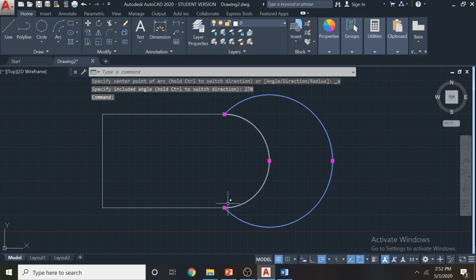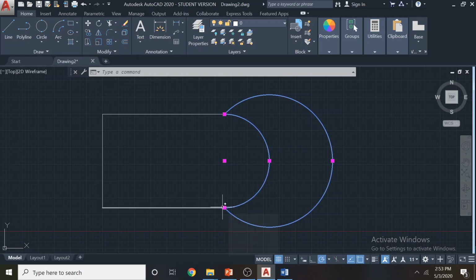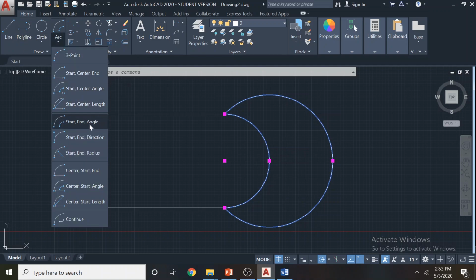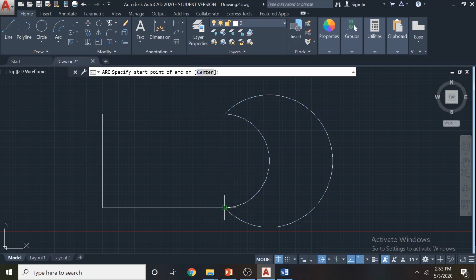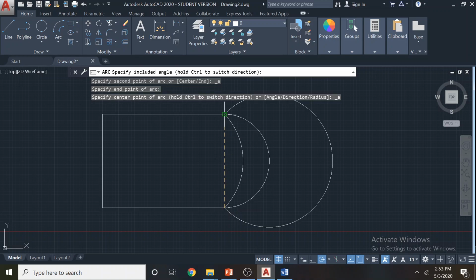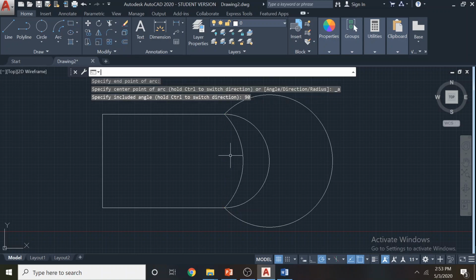This angle is now 270 degrees. You see the center point moves. Earlier the center point was here, and it travels here because you cannot change the end point and the starting point. When we change the angle, the center point travels. If you give less than 180, say 90 degrees, this is your shape.